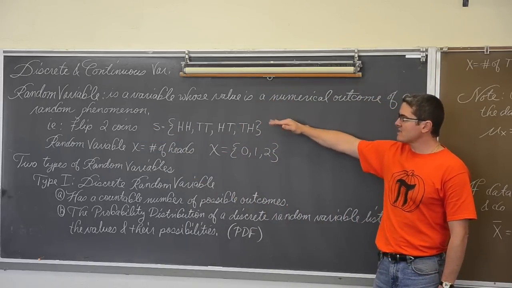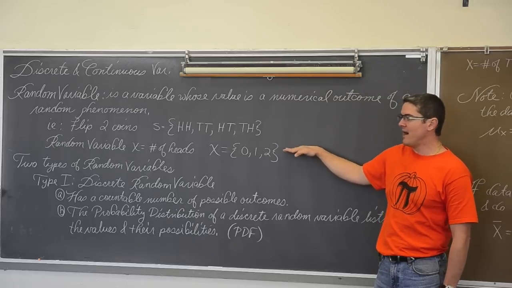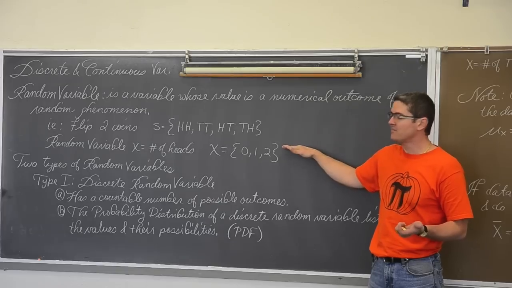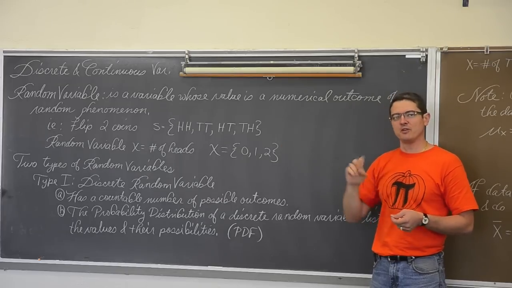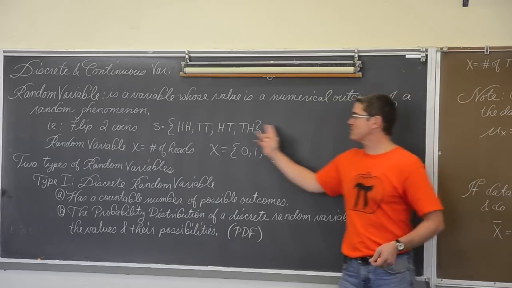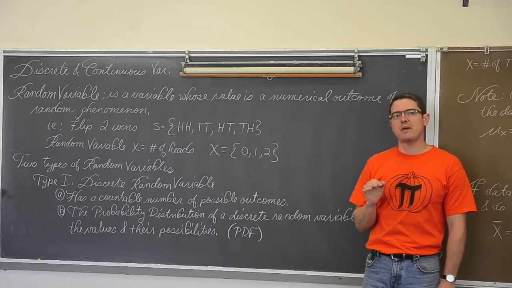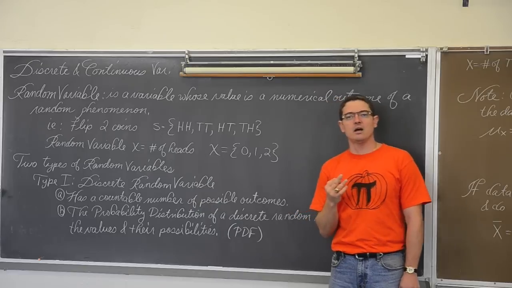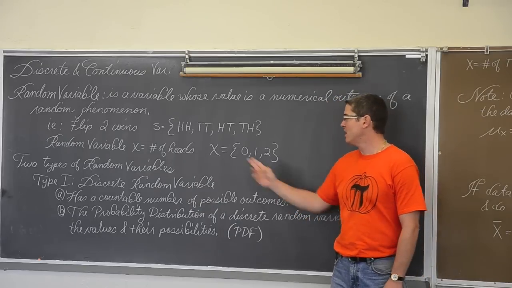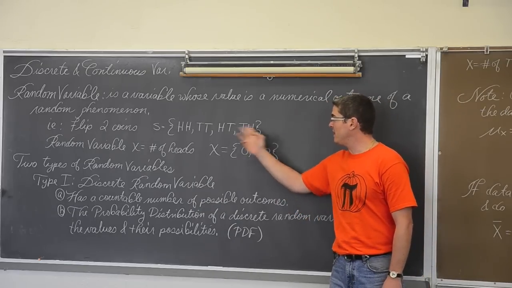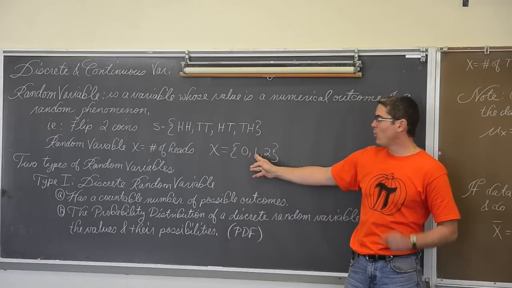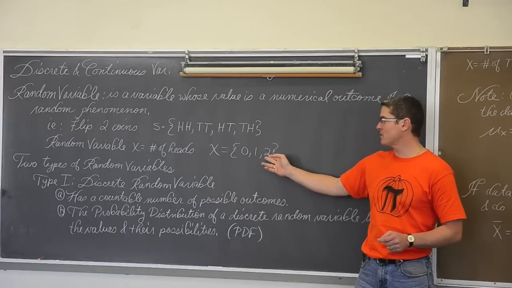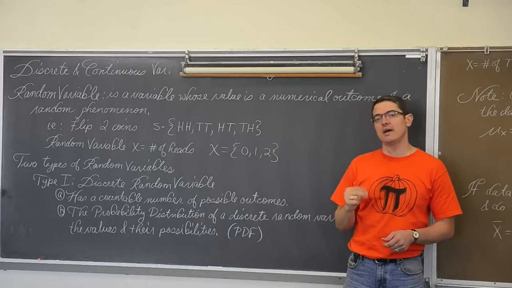Now, that's not a random variable though. We define a random variable as whatever interest we're looking at. In this case, we're going to count the number of heads when we flip our 2 coins. There are 4 specific outcomes in the sample space, but now that our random variable is defined as the number of heads in these 2 tosses, we have 0 heads, which would be getting 2 tails, 1 head, which is heads-tails or tails-heads, and then our last outcome, which is getting 2 heads.